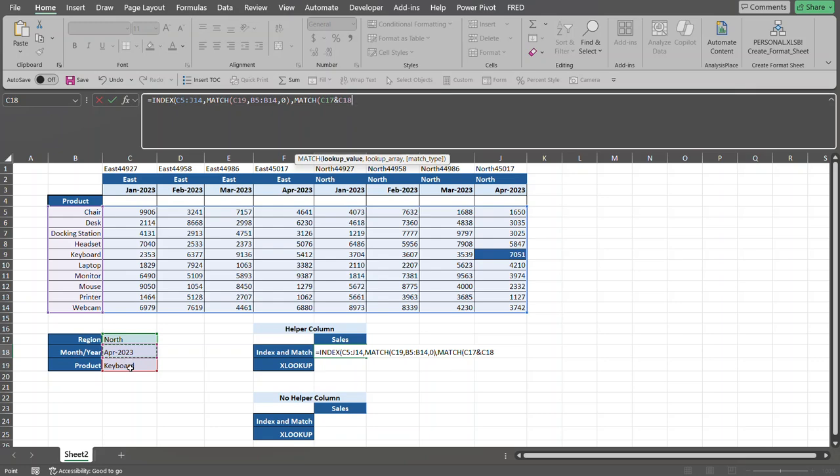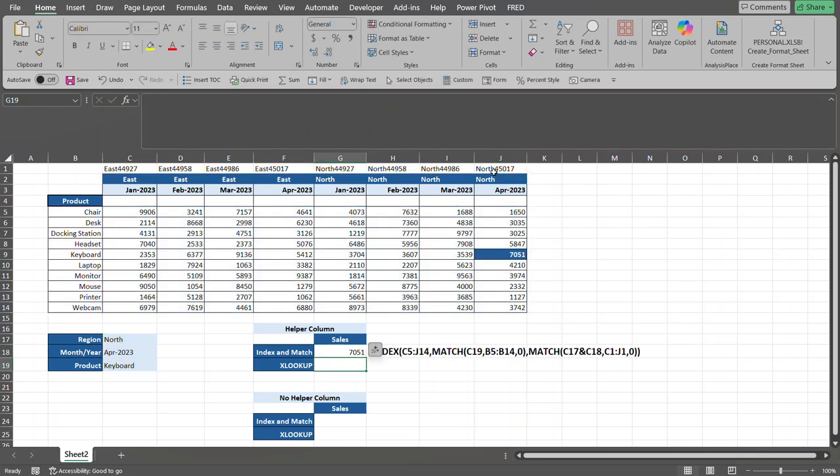And don't worry, after I press enter and get the answer, we're going to go through this and dissect it to see what each and every one of these things is returning. So you have a better visual of what's happening. Comma. Now the lookup array. So in other words, where are we going to find these values here once they're concatenated together? Well, we're going to find it in this helper column that we select up here. So that's that. And then what do we want? We want the exact match. So we want to close out the match function, and now we want to close out the index function, and